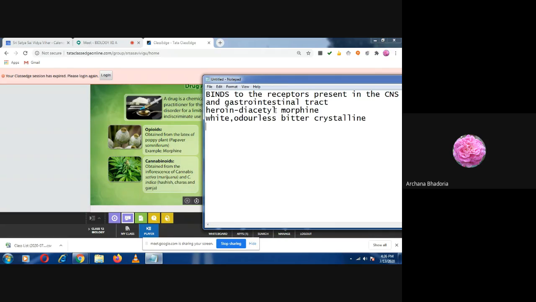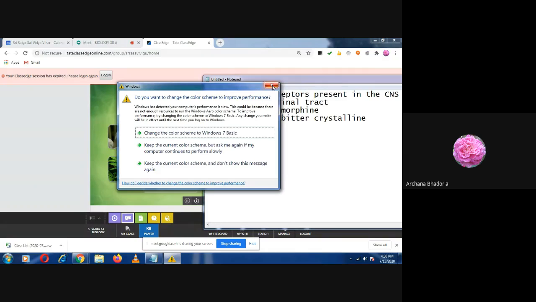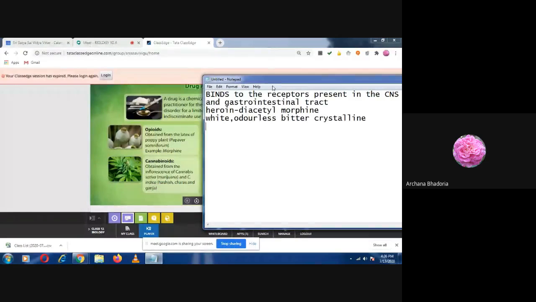What is the method of taking these drugs, that is smack, heroin or morphine? It is taken by snorting and injection. Do you understand snorting? Yes, ma'am. Snorting means pulling it in through the nose. We sniff strongly through the nose, and then it goes inside. So it is taken by snorting, and another way is injection.